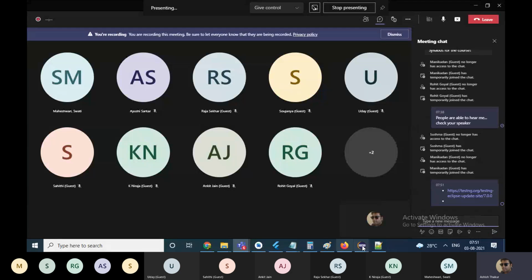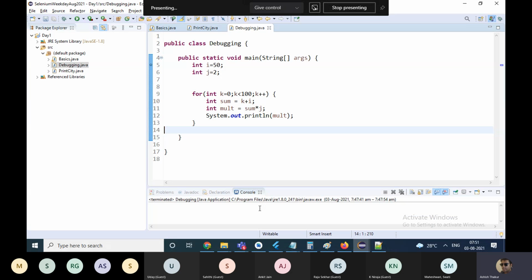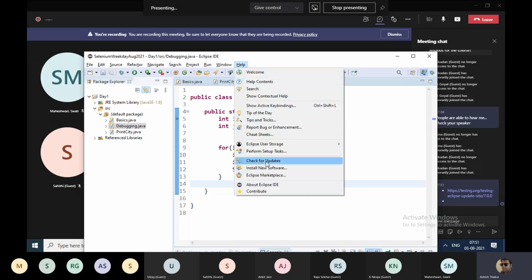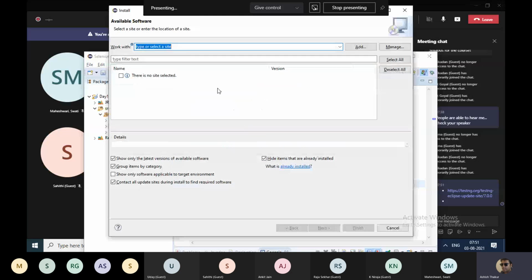So what you need to do is open up Eclipse. In Eclipse, you go to the Help menu, Install New Software, and you'll get a window like this. Paste this link and you'll get version 7 of TestNG. Click on it. Make sure you have a good internet connection. After pasting this link, hit the Enter button on the keyboard. It will fetch TestNG in some time and you click on next, next, next.